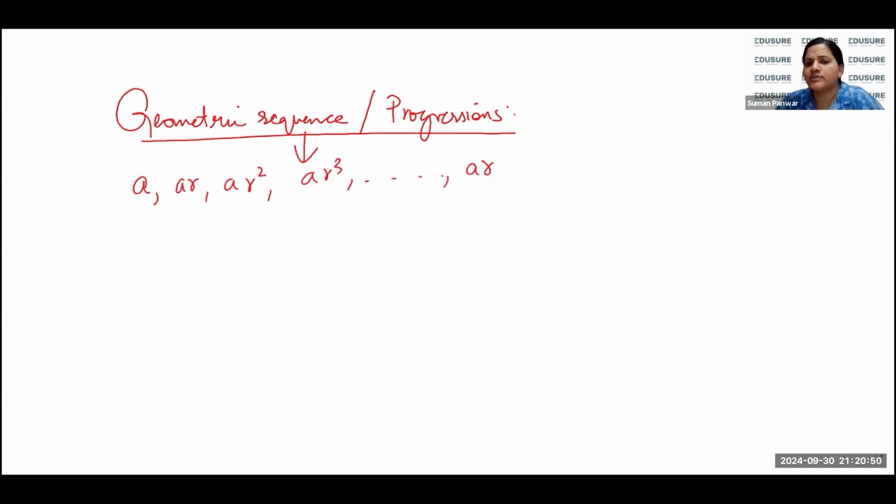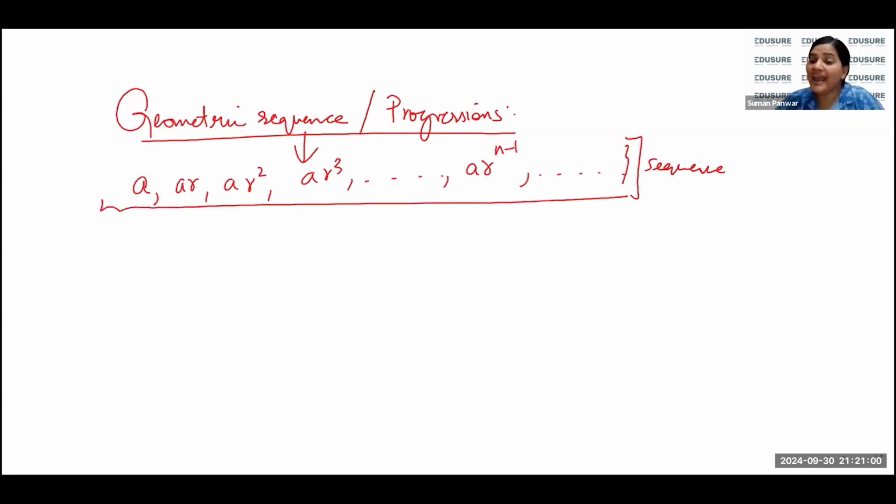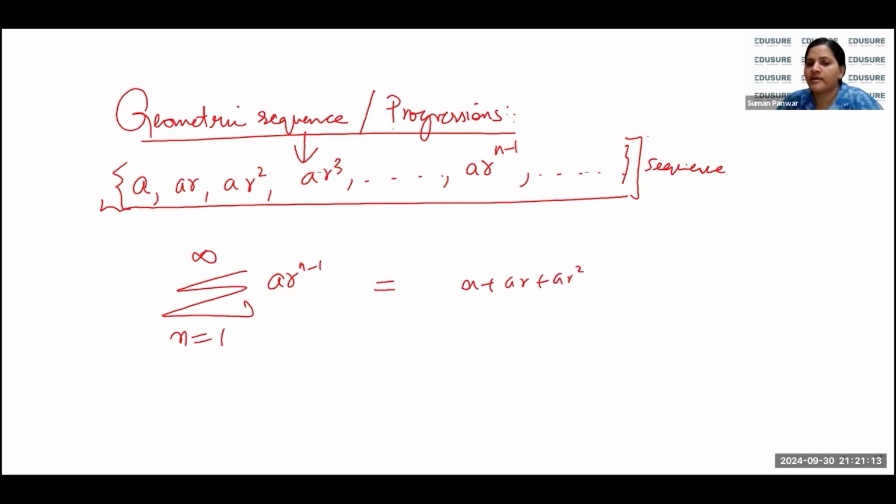What is its nth term? AR to the n minus 1. So this is a geometric sequence. But when I add them, summation n going from 1 to infinity AR to the n minus 1, what does this mean? A plus AR plus AR square and so on. This is called an infinite geometric